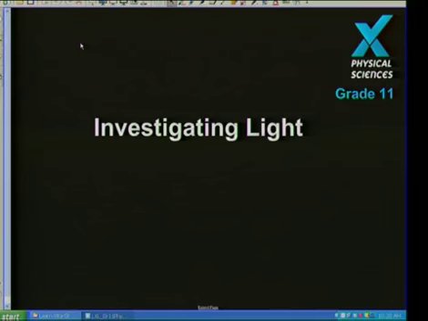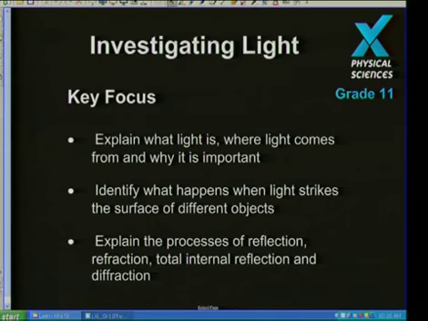Today we're starting an important section. We're going to be revising what light is all about. So we've called it investigation of light. Let's see, if you would come with me, what we're going to be covering today. We're going to be investigating light, and in this particular section we're going to be looking at a number of